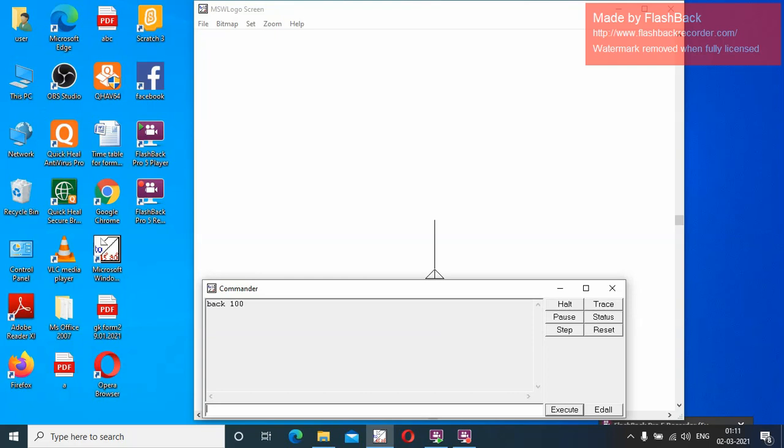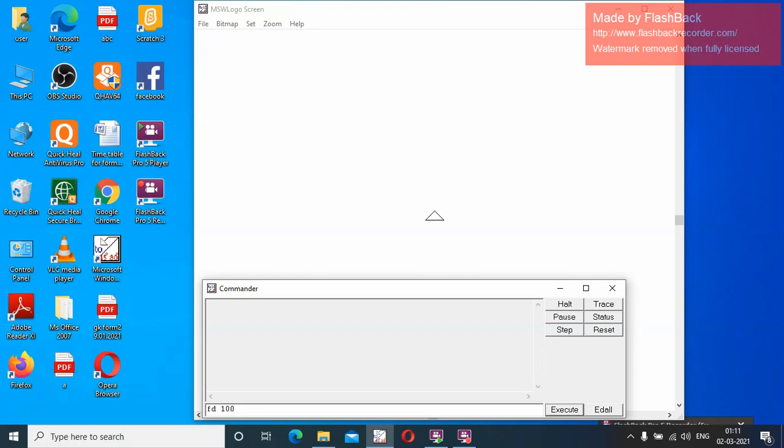Now I'm going to draw a rectangle for you. First of all, to clear the screen, it is CS space. I'll just clear the screen. Now the text that is there in the recall list box, I would like to clear that. So the command is CT, correct, clear text. Fine. Now let us draw a rectangle.